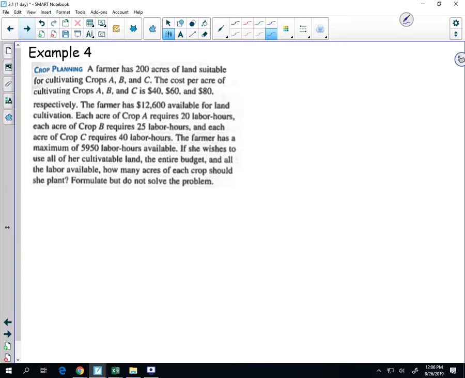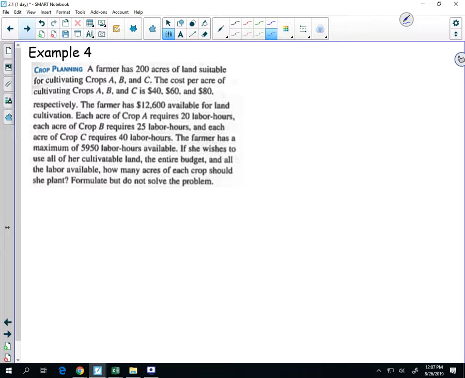This is one we're going to start in class, but I want you to think about what our variables would be, right? A farmer has 200 acres of land for cultivating crops A, B, and C, and the cost per acre is $40, $60, and $80. And they have $12,600 available for land. And so think about, if A is the number of acres of crop A, B is the number of acres of crop B, and C is the number of acres you're going to do